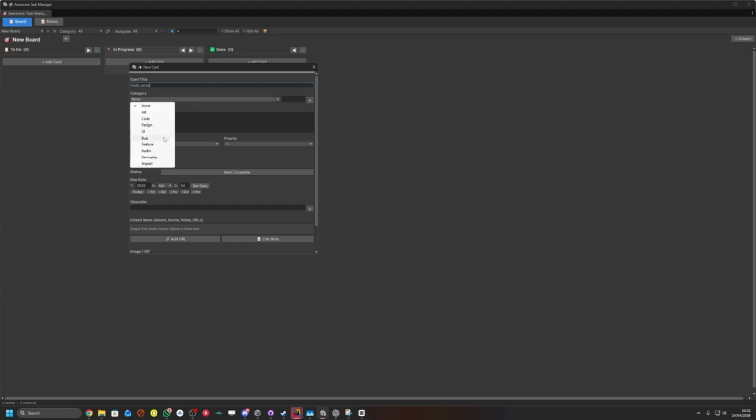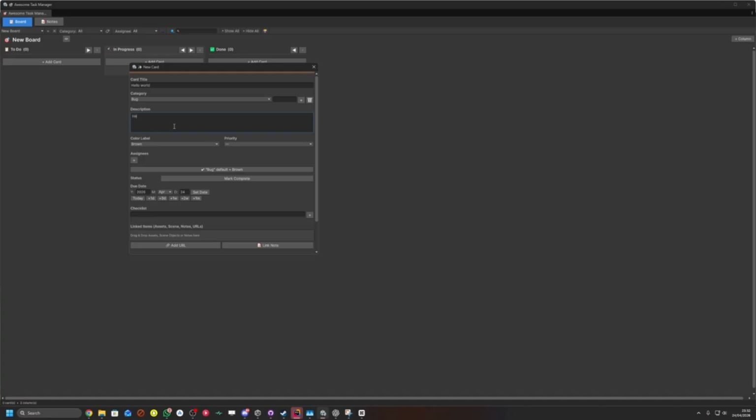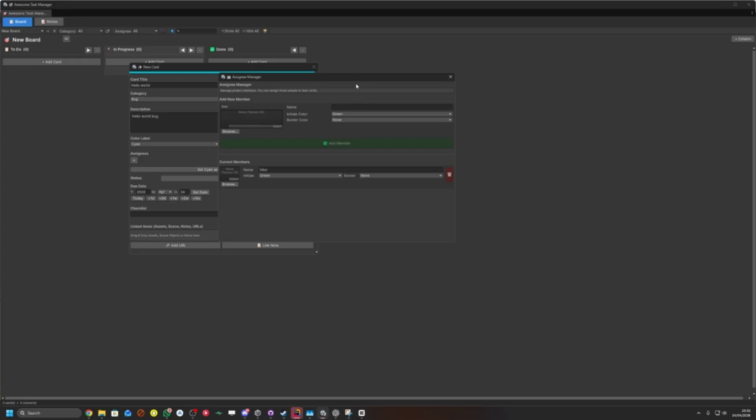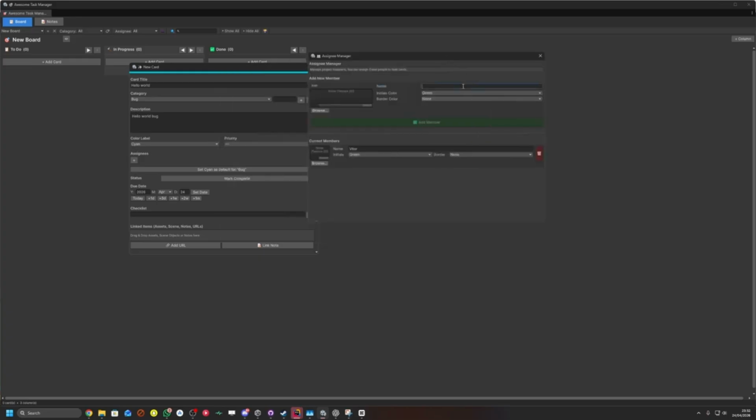Then I can add a category. It's a bug. Hello world bug. Then I can go down here and I can assign a different color if I want this. So this issue is gonna be a cyan color. Then we can go manage assignees if you want to assign this to someone else, or you can just not assign it to anyone. And here we're gonna add Oliver,